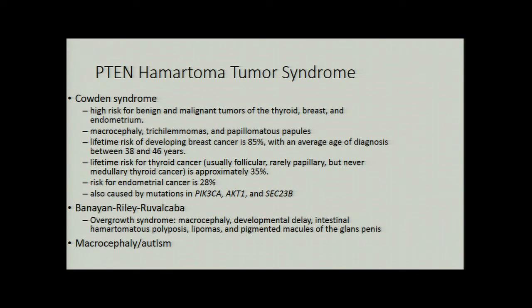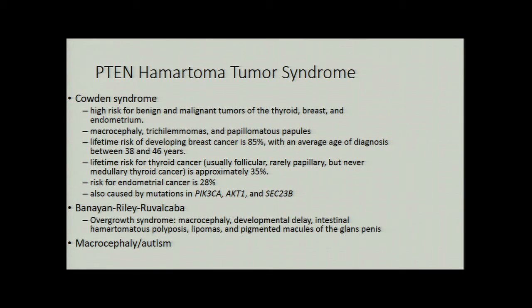She has a lifetime risk for thyroid cancer of about 35%, endometrial cancer 28%. And PTEN is not the only gene associated with it. There are other genes like PIK3CA, AKT1, and SEC23B that also cause Cowden syndrome. Turns out that mutations in PTEN cause other conditions as well, and I present them because these are the kinds